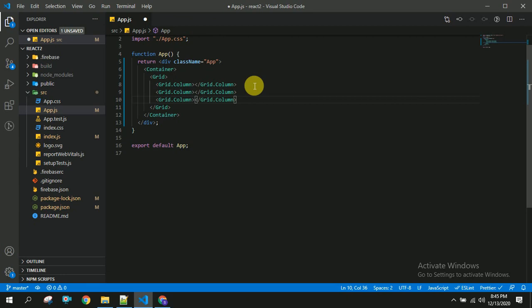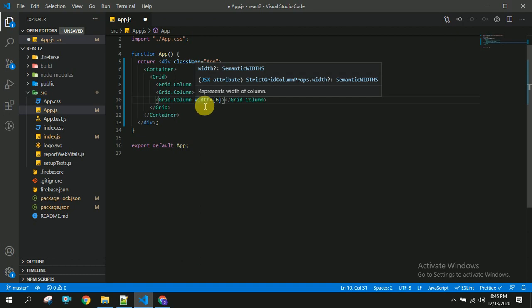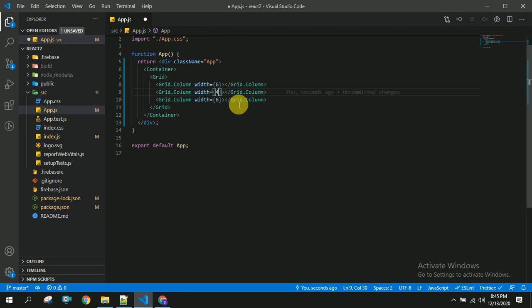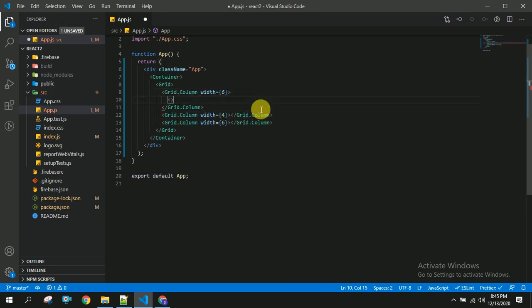So I'm going to use three columns, and two columns will take a width of 6, and the next column will take a width of 4. In Semantic UI, the grid has 16 columns, so you can structure it based on your requirement. Once I save this, I am going to create an item inside this.